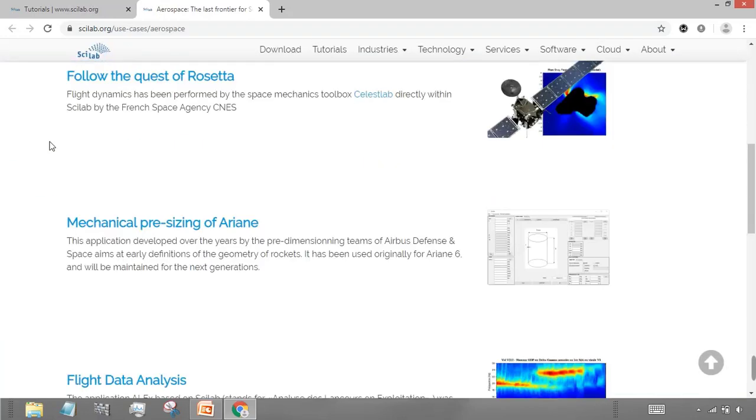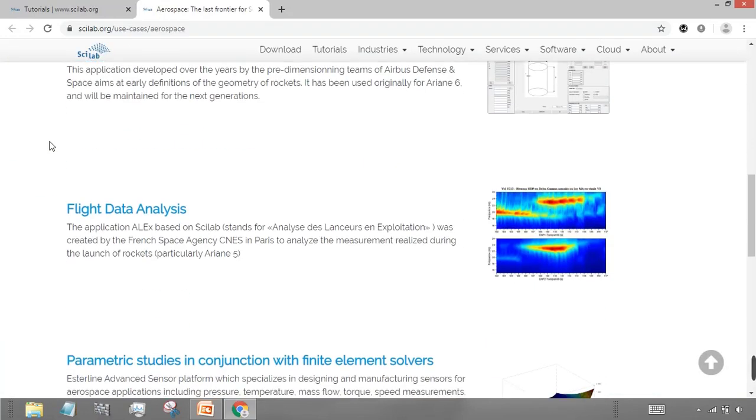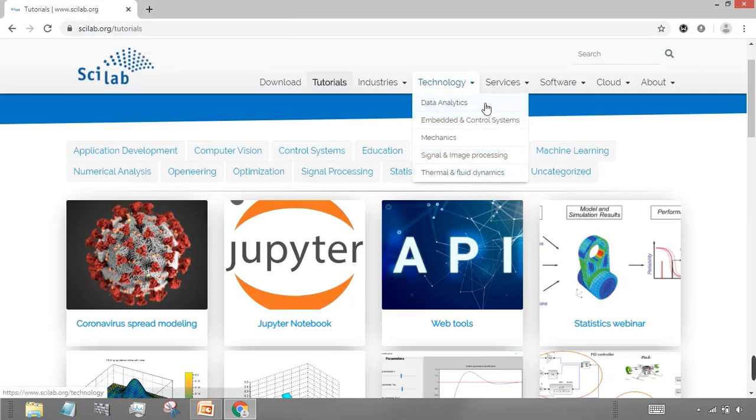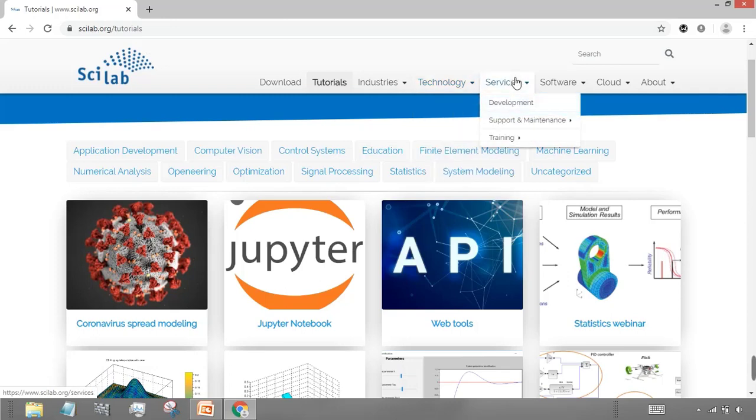If you want to know this in detail, you can visit one of them and read these articles. It's also used in data analytics, embedded and control systems, and many other services.